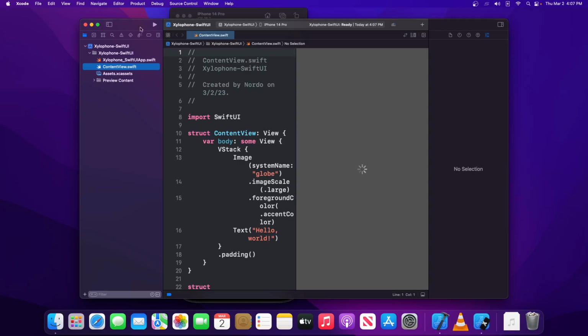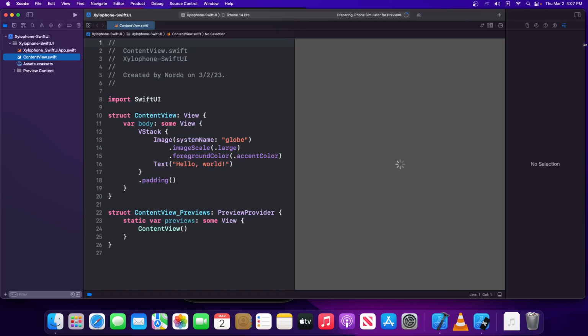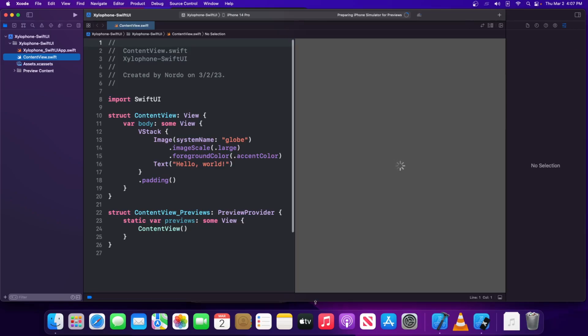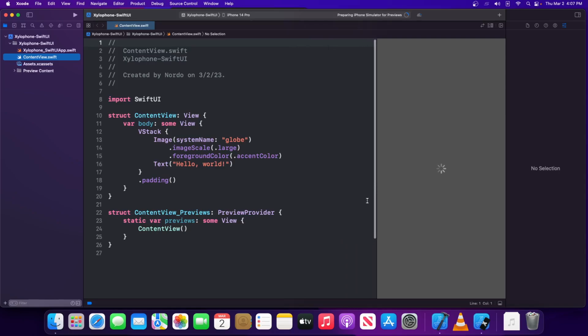Xylophone app. Let me try to make this a little bit bigger while we wait for it to finish loading my simulator previews and everything like that. And we'll just scroll this down. Again, this computer's pretty slow, so we're going to have to wait a little while for my previews to come in. But one thing I want to start off with, which will break this preview for sure, is